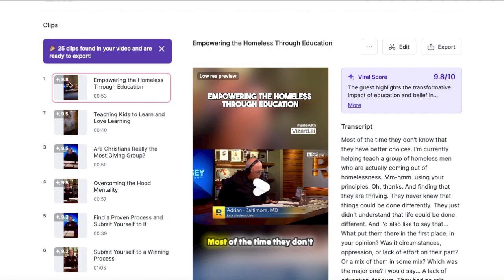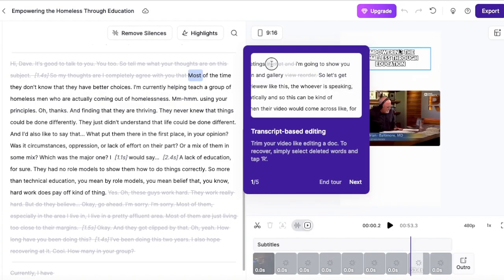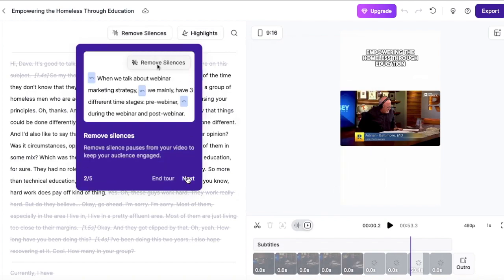So let's say the first one here, you want to edit the title, just click on this 3 ellipses, rename it. You can even duplicate it or delete it. Then the transcript, you may also edit it. You can click on edit. Okay, so you may remove the silences and the highlights there. You have a walkthrough here that you can see. You just have to follow that one